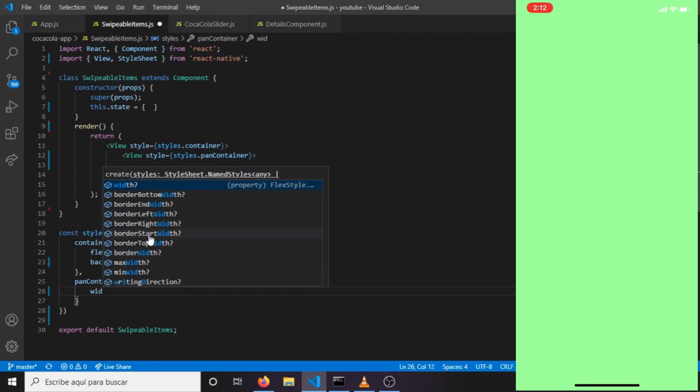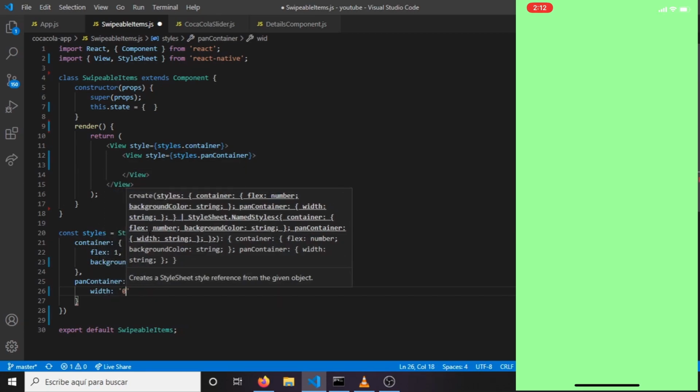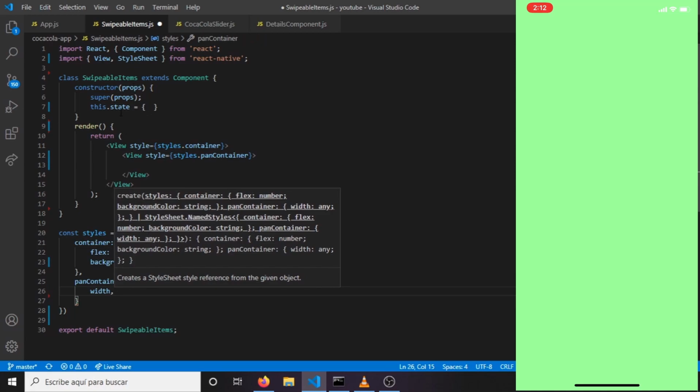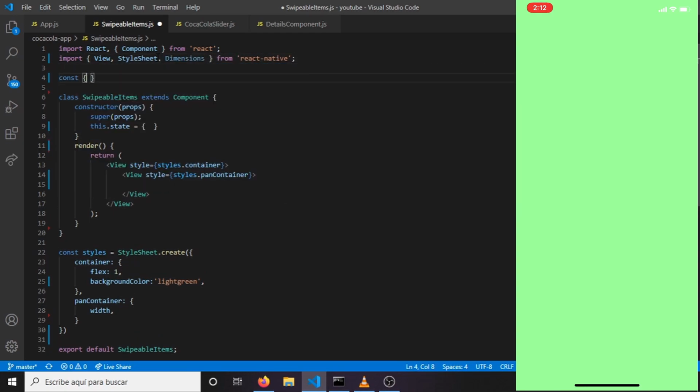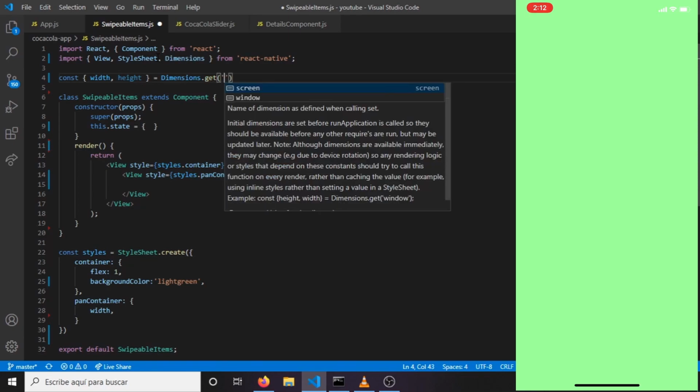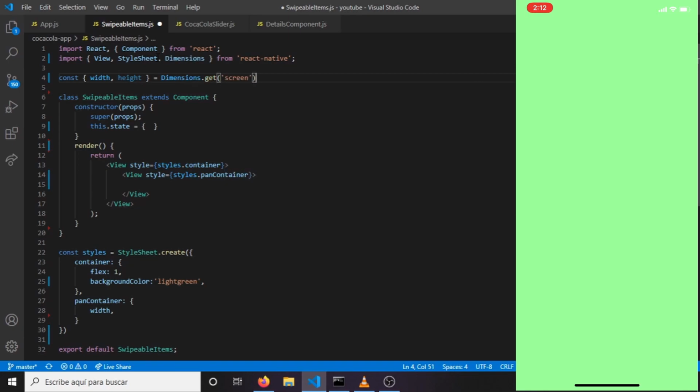It's going to be the width 100%, but better we use dimension. With this we get the width and the height of the screen, and we use it in the pine container